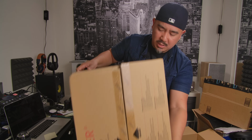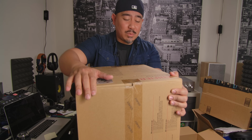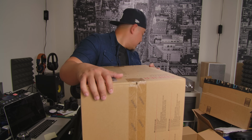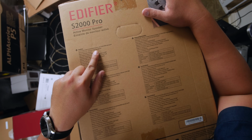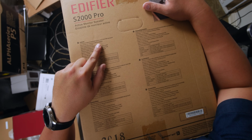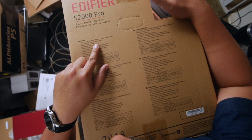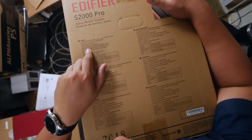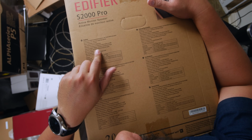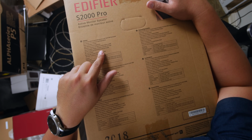All right, what do you say? This is a significantly heavier box than that previous one that I opened. Yeah. So it says features: active 2.0 bookshelf speakers with 124 watts RMS, 5.25 inch aluminum diaphragm drivers. Aluminum? Interesting. Planar diaphragm tweeters, Class D digital amp, electronic crossover, dynamic control based on DSP, listening presets, monitor, dynamic,